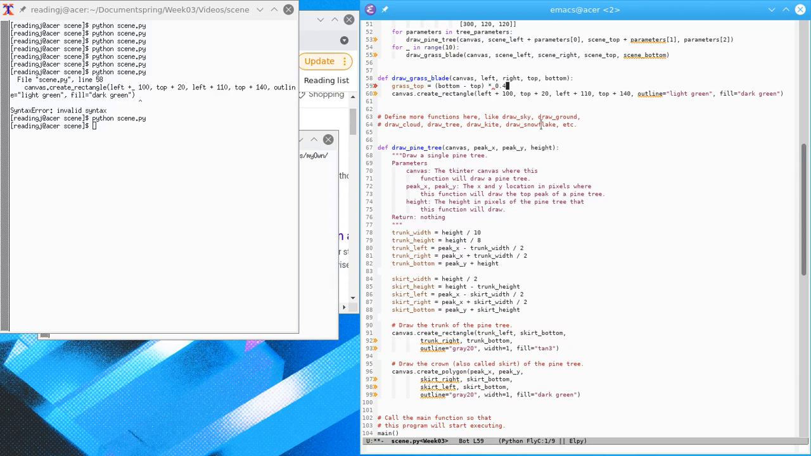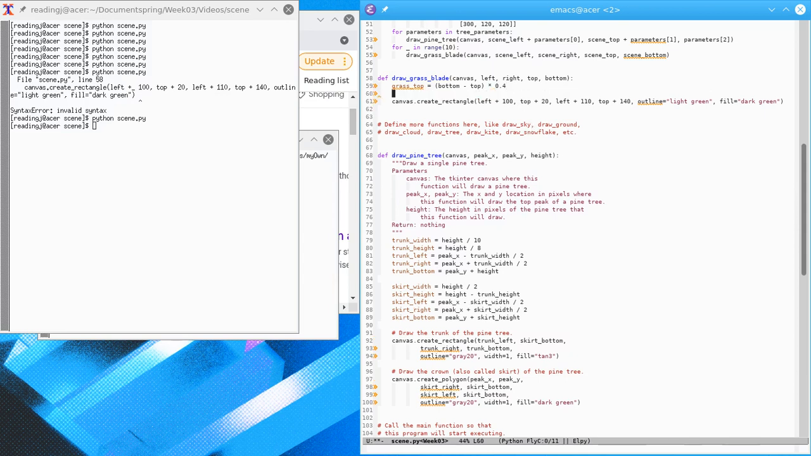And so my goal here is to limit the grass to the bottom 60% of the screen. Yeah, we'll limit to the bottom 60% of the screen. And so now I'm going to say grass left equals,